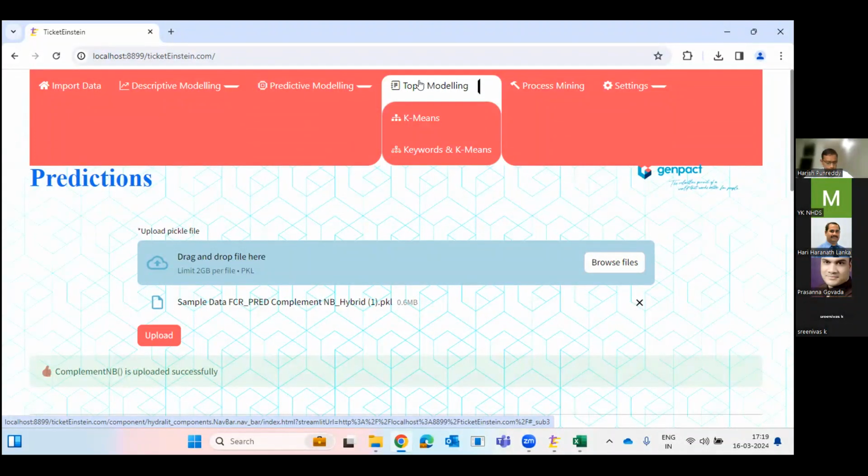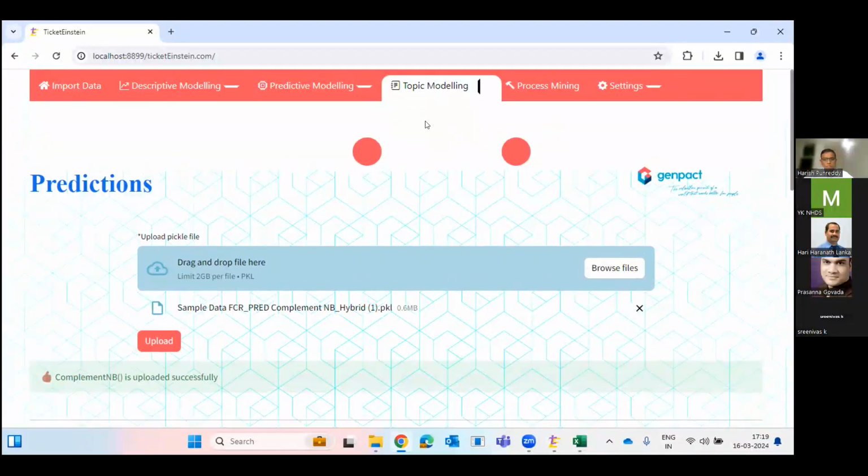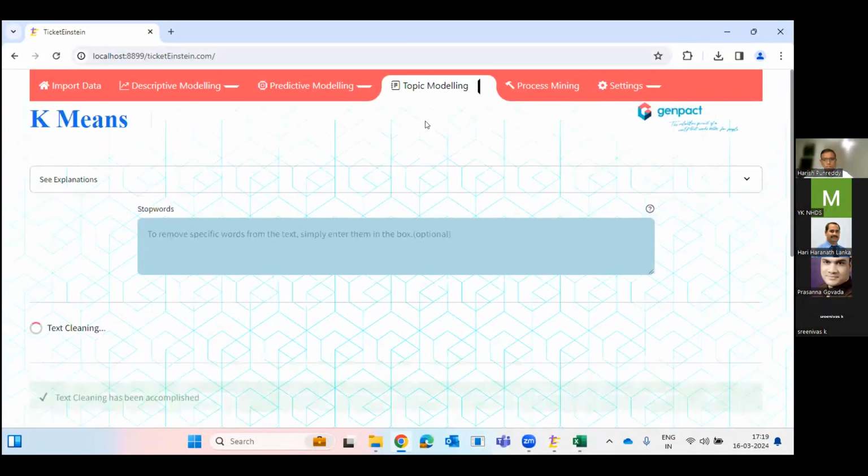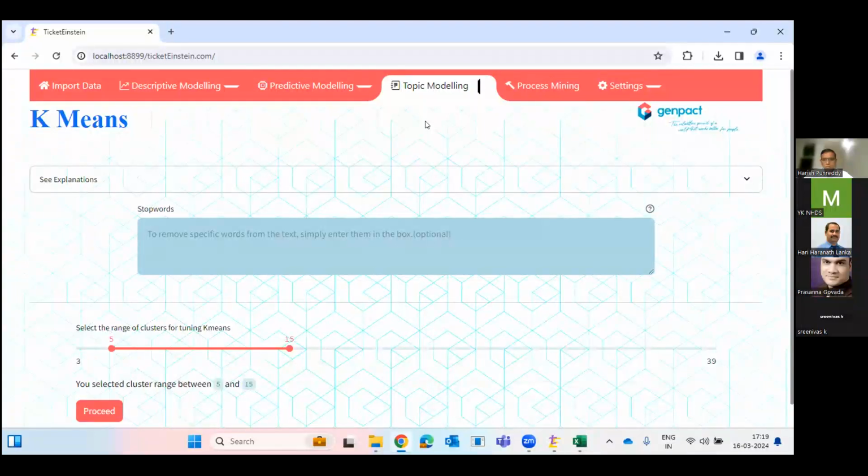Now I'll give a small use case while I get into the k-means or topic modeling part. In a few accounts, what I have seen is a requirement of recategorizing certain incidents. What I mean by recategorizing is, while an incident comes into a help desk, is there a way, based on the text data, I can recategorize a particular incident into a different category?